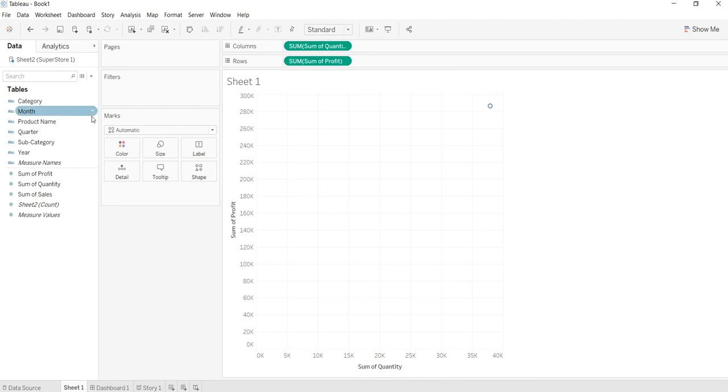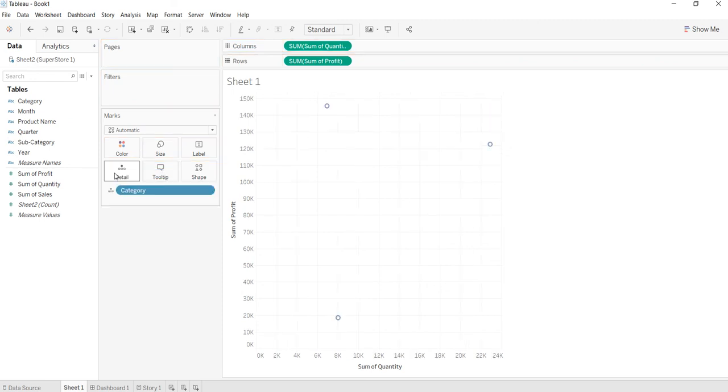Now what I can do is take this category dimension and drop it onto the detail button over here. As soon as I drop it onto the detail, I can see that there are three different marks on this worksheet now.